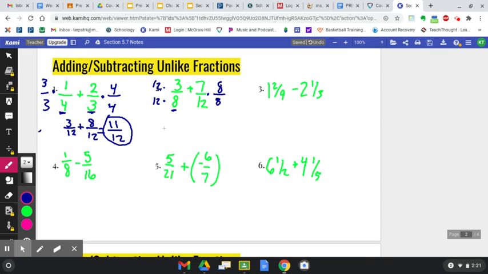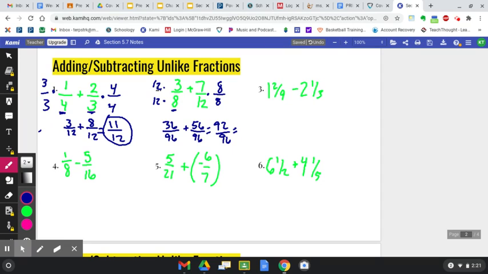So 12 times 3 is 36. 12 times 8 is 96. Here, 12 times 8 will be 96. 7 times 8 is 56. So adding the tops, that would be 92 over